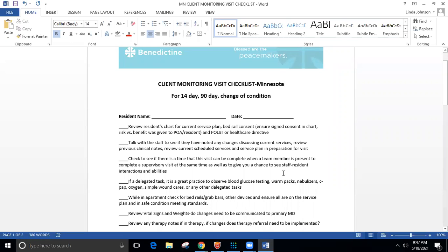Welcome to today's training on a Minnesota client monitoring visit for senior living matrix. Today we're going to learn how to properly do a client monitoring visit, whether it's a 14, 90-day or change of condition for Minnesota. You'll notice we have a nice checklist that's available in eSource under housing in your AL assisted living toolkit, or under the Matrix Care